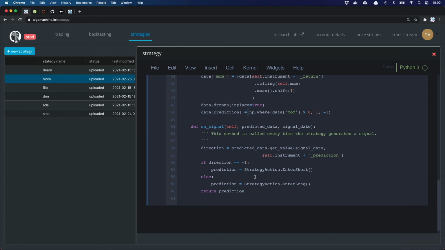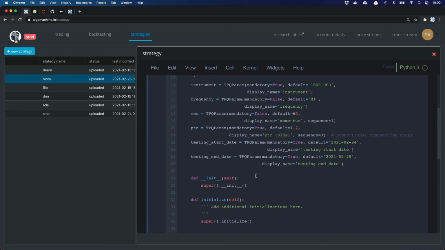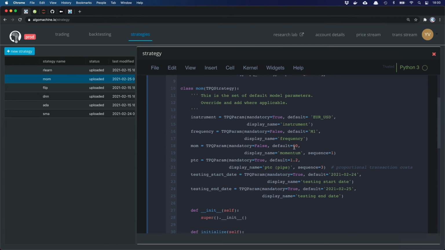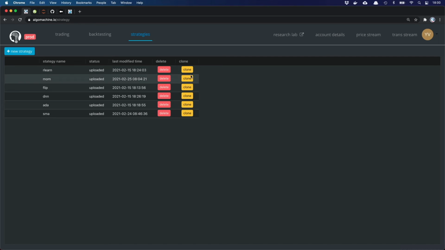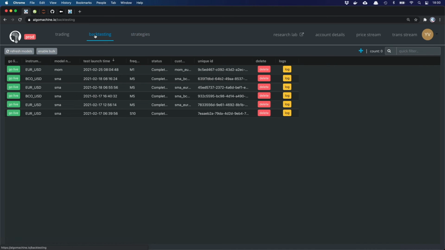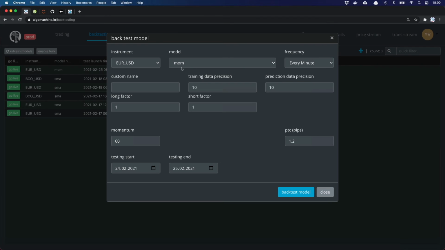And here on signal, it enters short or it enters long. Here are a couple of defaults, and I went with 1 minute bars and 60 minutes. This is really the winner of our little backtest where we had, I don't know, 5 or 6 competing parameterizations. Once you have done this, and this was the idea for the AI machine from the very beginning, you can use the very code that I've just shown for backtesting. So here is a backtest. I can do another one. Here, backtest.